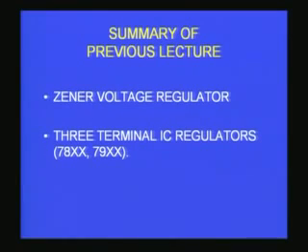7805 or 7815, as the case may be, where the last 2 digits correspond to the voltage that you want to obtain as the output after regulation. For example, 7806 means a 6 volts positive regulator. 7912 means a negative voltage regulator with a 12 volts output. So we also saw how these 3-terminal IC regulators can be used very quickly for constructing a regulated power supply